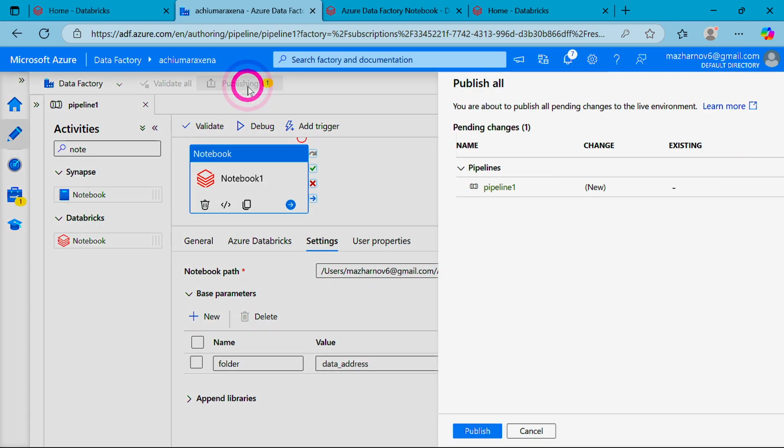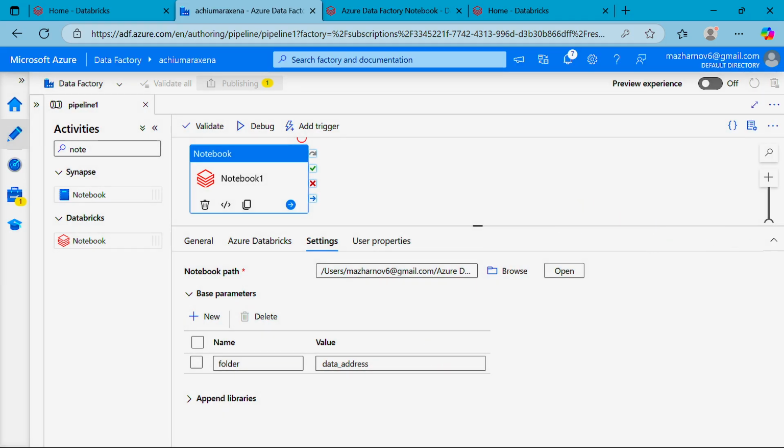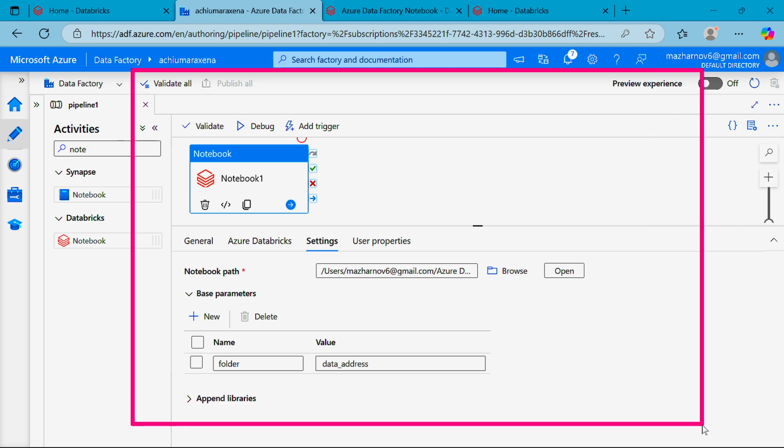So I'm going to publish all. If it is good to go, you can find everything here. Then we can run an Azure Databricks notebook with Azure Data Factory. Okay. Here you can see publishing completed. This has been completed now. Now I can run this activity, which would be the